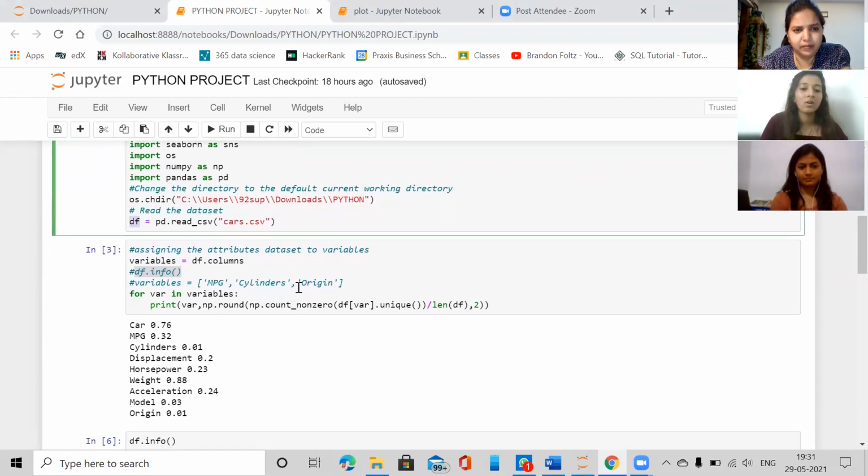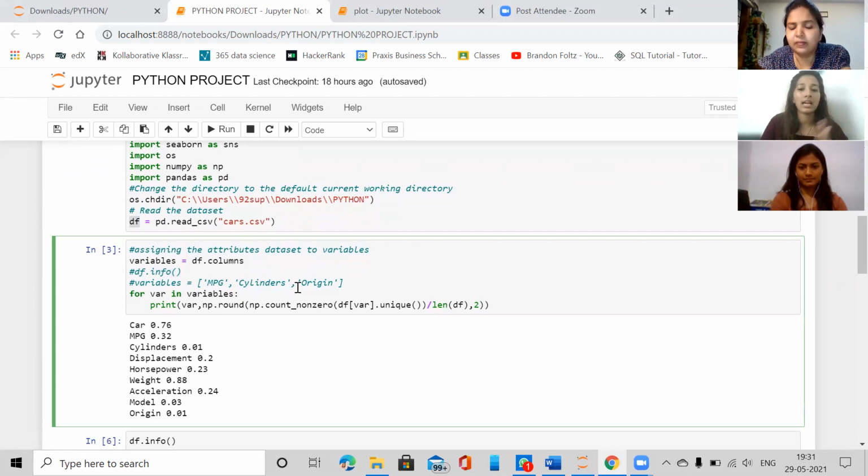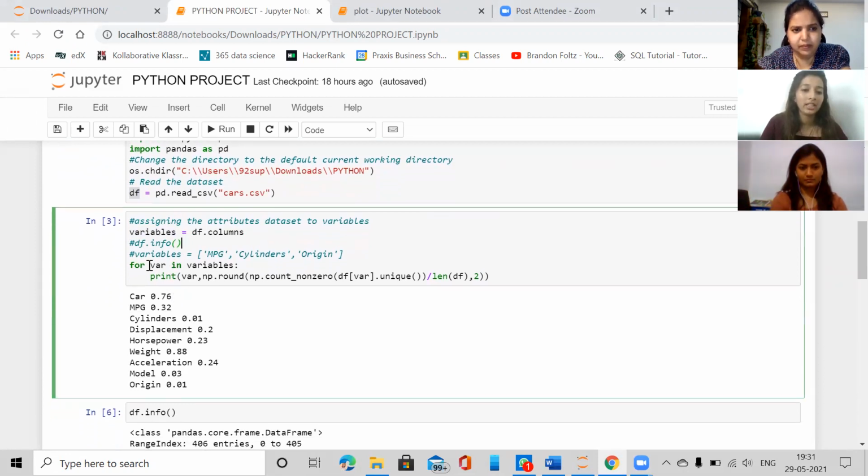Next, as you had mentioned, you had a problem on how to differentiate between the categorical and the numerical variables, whatever data set is given to us. For this, first, we will store all the columns in a separate variable called variables, as you can see here. And now we'll run a for loop where we'll take each column and measure the percentage of unique values in each column as compared to the whole data set.